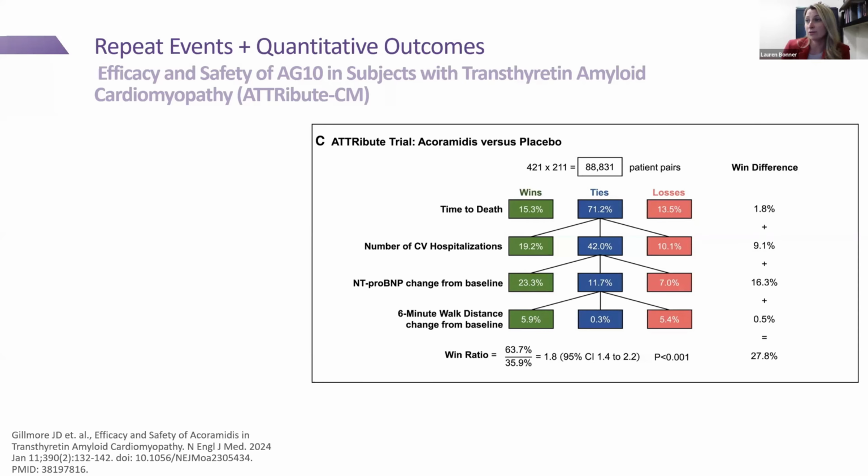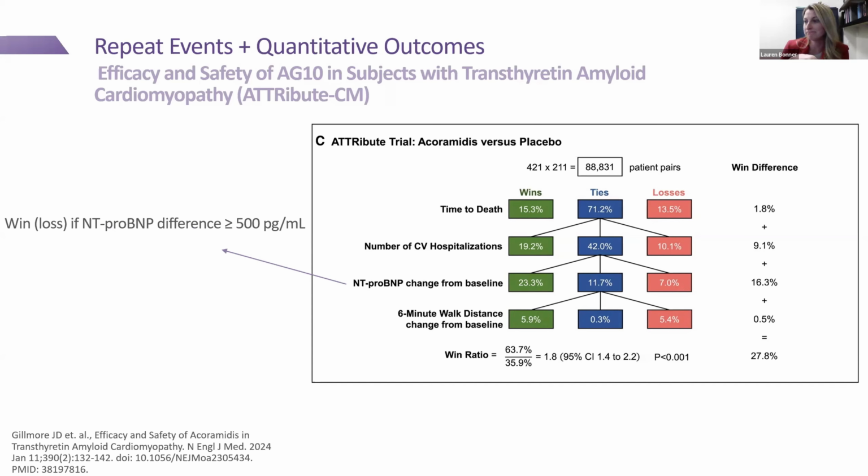Their third level incorporated a biomarker, so they used this NT-proBNP change from baseline. And worth noting here that they incorporated a margin for this outcome. So to determine a win or a loss, the difference had to be greater than some margin. It was 500 units for this particular outcome. And if they were different but within that margin, then it would be considered a tie and you would move